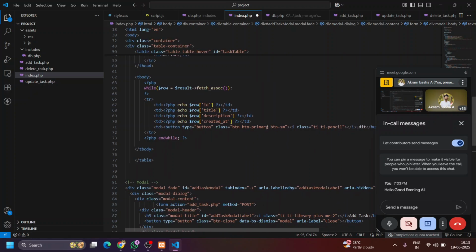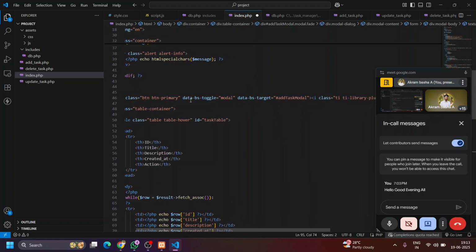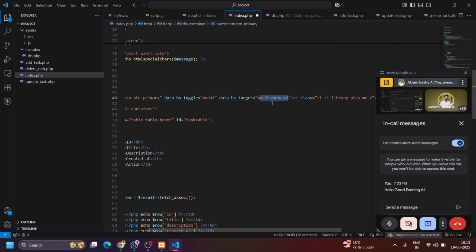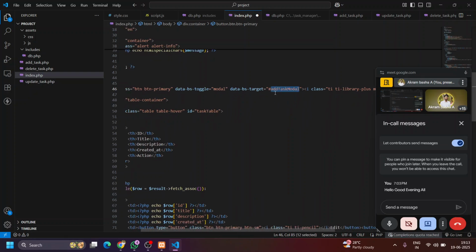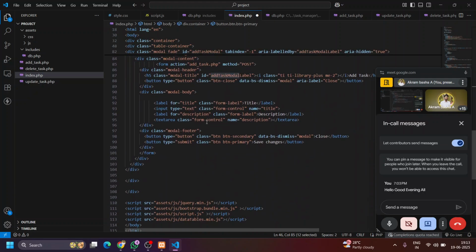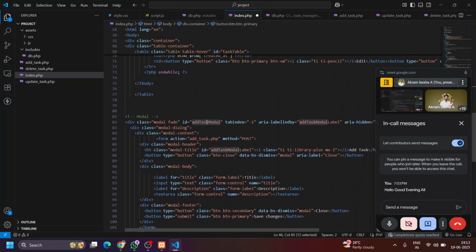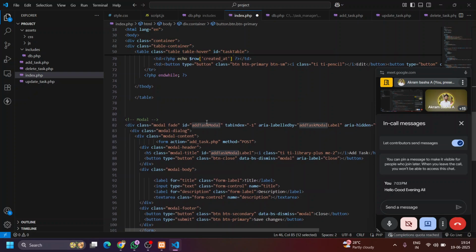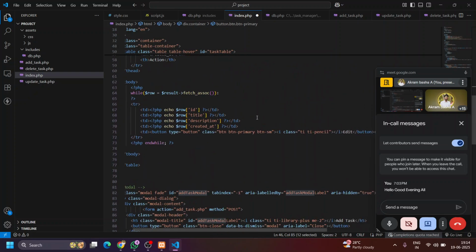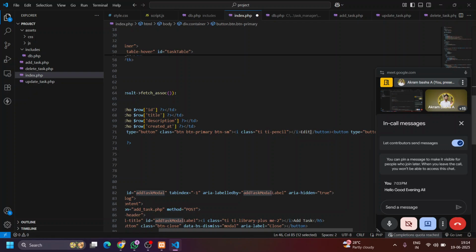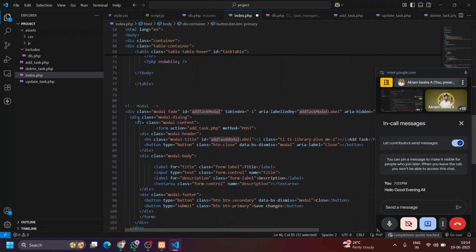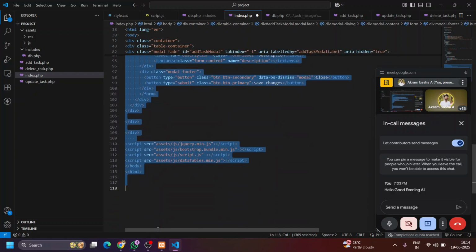Here we have an add button. For this, I have provided data-bs-toggle modal and then data-bs-target as add task modal. When the user clicks on this add button, it will call the modal, so it will show the form for inputting the values, and then we will save the data. In the same way, when the user clicks on the edit button, we have to showcase a pop-up. So I will take another modal. I will take the same modal,